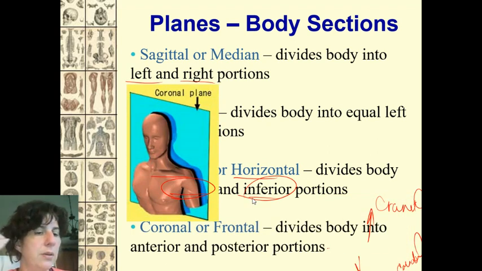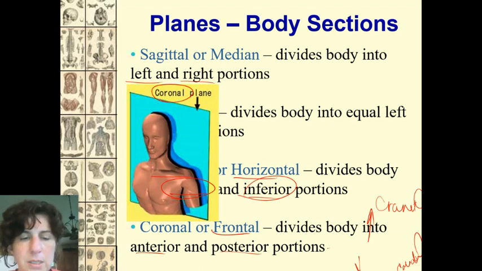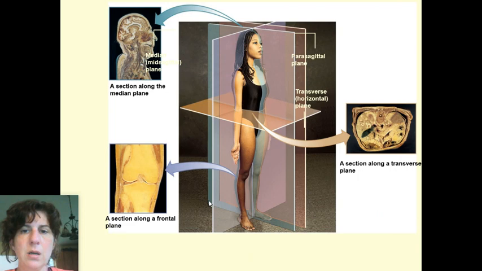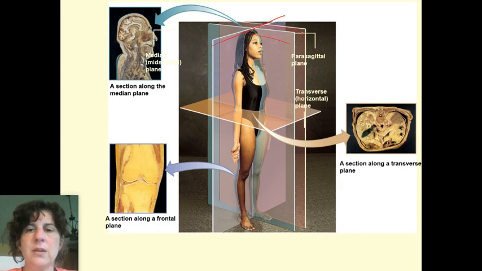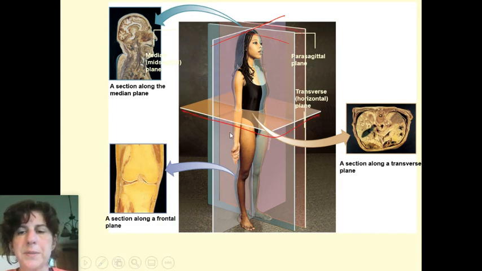And then I can divide the front from the back, right? So dividing your anterior and your posterior from each other. This is called a coronal plane, okay? Also called frontal. So once again, when I ask you for a name or something, if I ask you to write it down, one or the other is fine. You don't have to put both, but I would kind of learn both because it depends on the structure. Sometimes they refer to them as coronal, and sometimes you'll see people refer to them as frontal. It all means the same thing, but you'll hear both, okay? I just don't require you to actually write both. All right, and there's another view of it. So you've got the different cuts through there that they're showing you all at once.